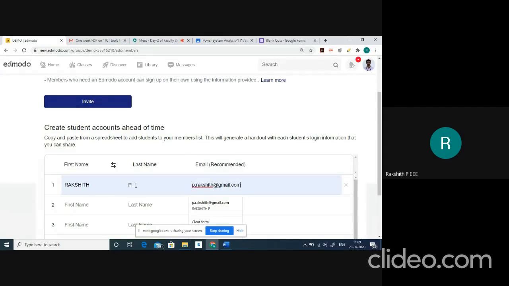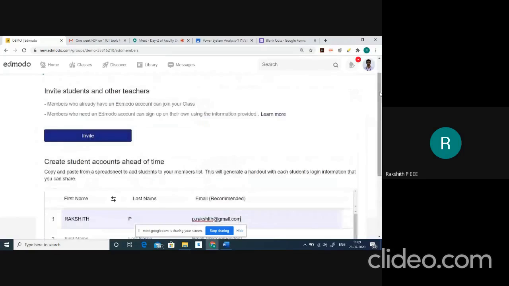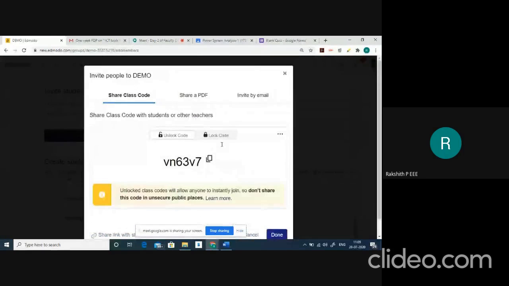My last name is P. My mail ID is p.rakshit@gmail.com. And then I'll send invitation. So as a result, to the mail ID which you have entered, you'll get an email. If you click on that, you will be added to that particular class.